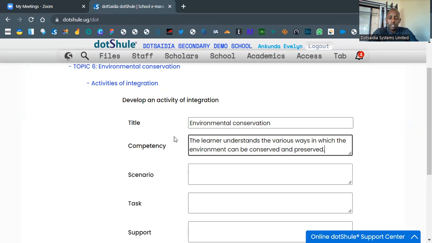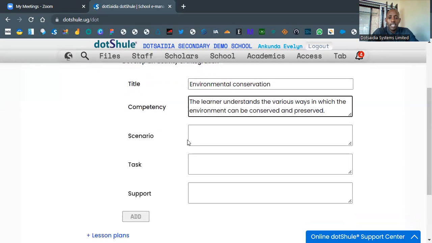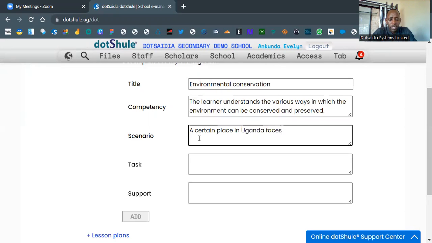So once this competence is captured, now we can go ahead and give the details about the activity scenario. A certain place in Uganda faces a problem of high temperatures and low rains. So these are just the sample demo activities, but this is for guidance as to the teachers